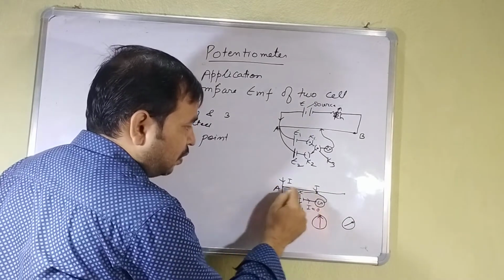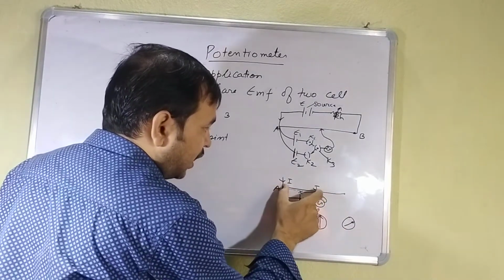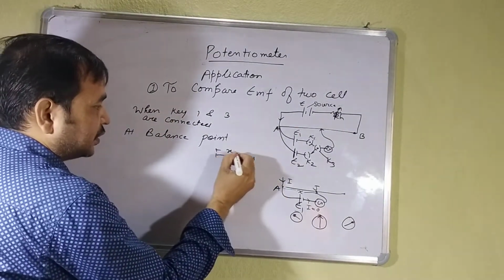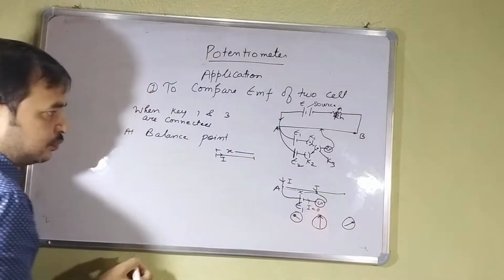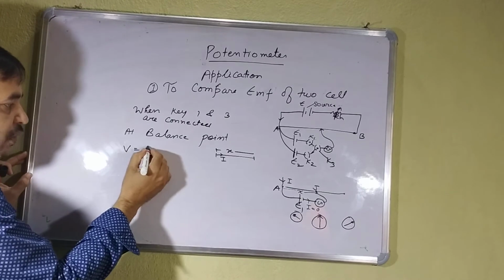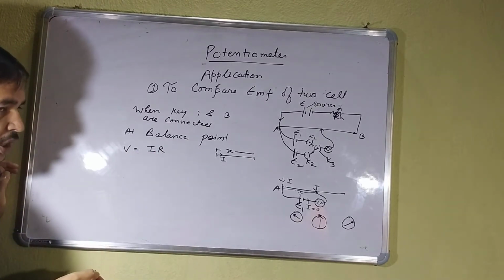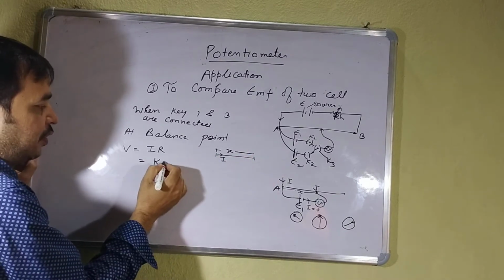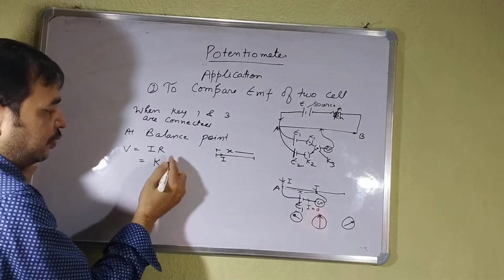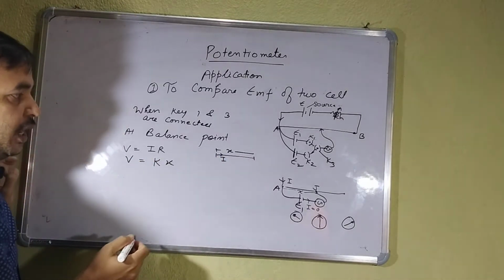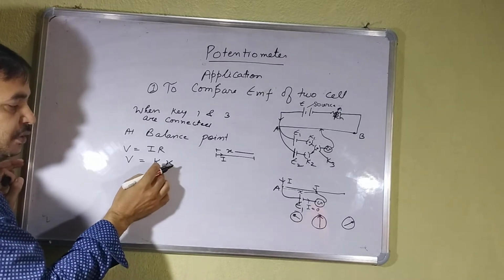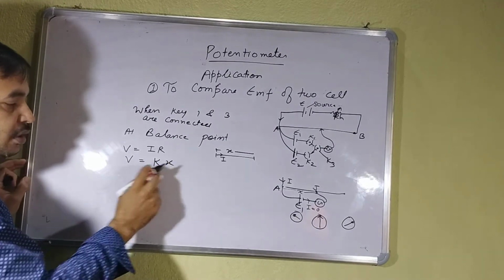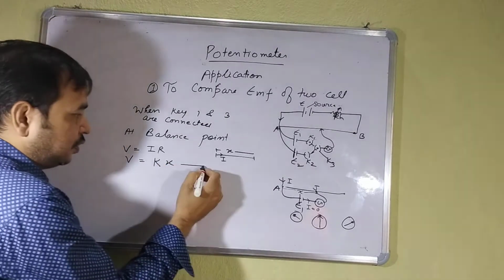And what is the potential difference between A and J on the potentiometer wire? See, this is potentiometer wire of length X. Current flowing is I. So what is the potential difference here? V is equal to I into R. Clear? One formula. Second formula we have discussed in terms of potential gradient. This is K into the balancing length, K into X. We have already discussed that this is the potential drop per unit length. In unit length, potential drop is K. That is known as potential gradient. So in X length, K into X. Clear? This is equation 1.